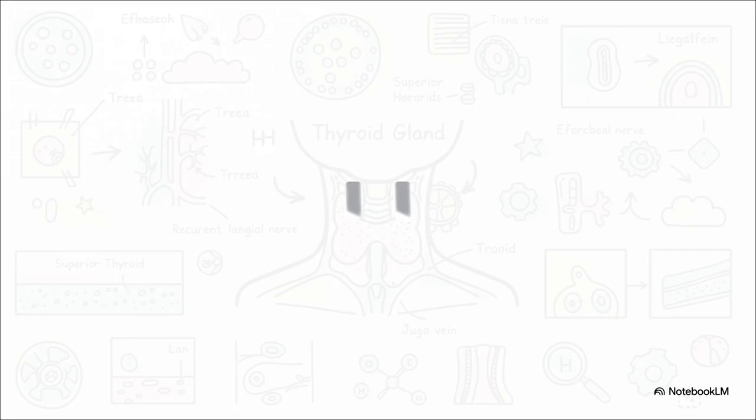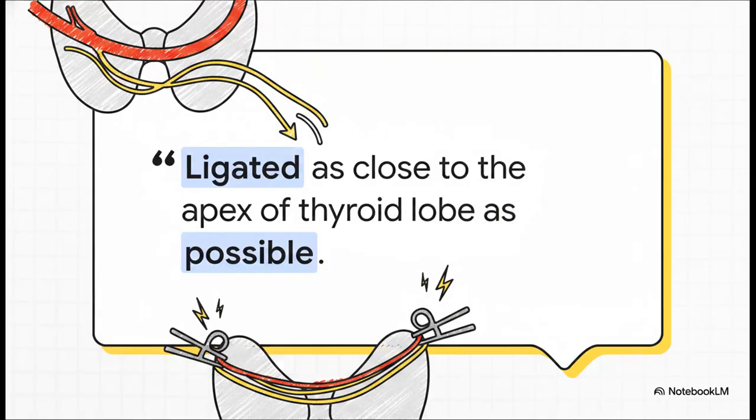And here's where it gets really treacherous for surgeons. That recurrent laryngeal nerve unpredictably weaves behind, in front of, or even right between the branches of the inferior thyroid artery. Listen, if you only take one surgical maxim away from this entire explainer, make it this quote: